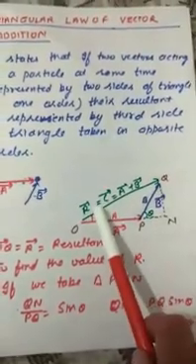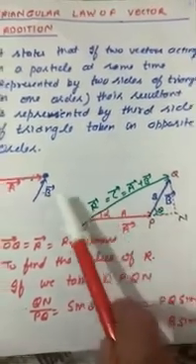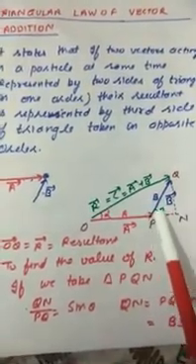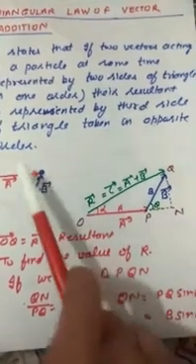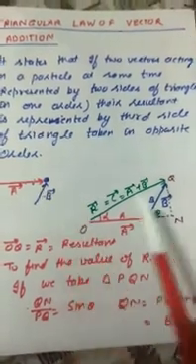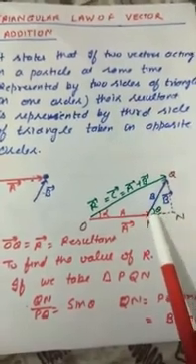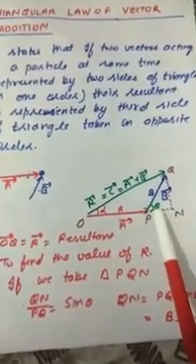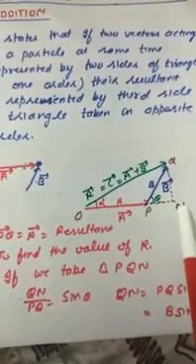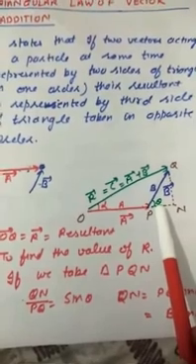So we have to find R in terms of A and B. And these vectors A and B are at an angle theta, so theta is the angle between these two vectors. The angle between vectors is never between two heads. So that is one head, and from here if we draw the tail, this is the angle between the vectors, because if we extend this vector, it will go in this direction, and this vector is already in this direction. So this is the angle between these two vectors.